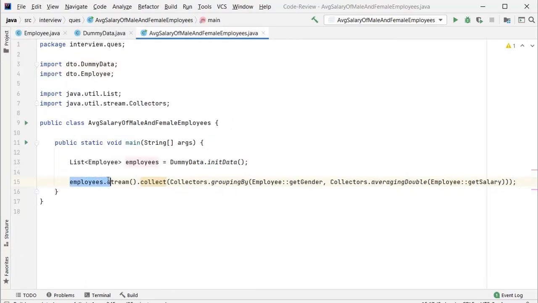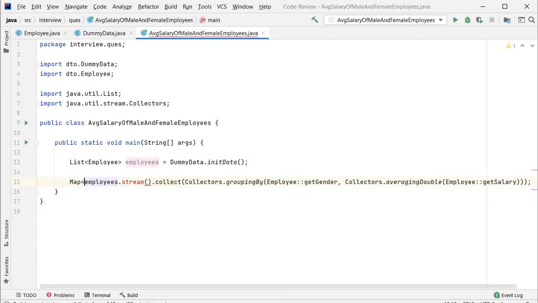So this line of code will return the male and female employees' average. It will return the average salary for male and female employees, and the return type of this will be a Map instance. So I'll create the Map, and decide the type of key and value. Here I provided the gender as a String, right, and salary will return as a Double.